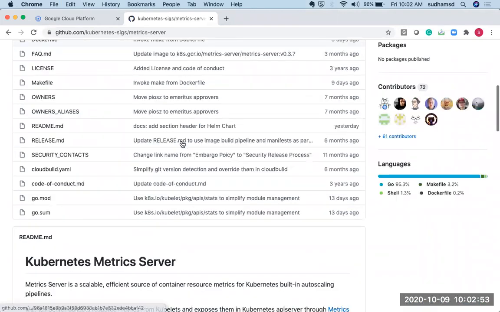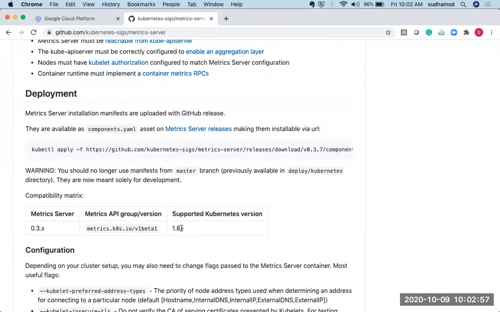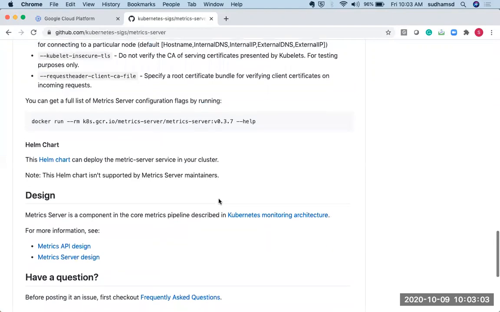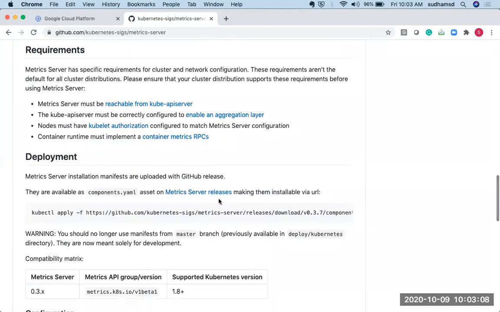So this is the metric server installation documentation. You can follow this document, and you can see it is supported for Kubernetes version 1.8 plus, which means for every latest version you can deploy this metric scraper. So we should also install this.